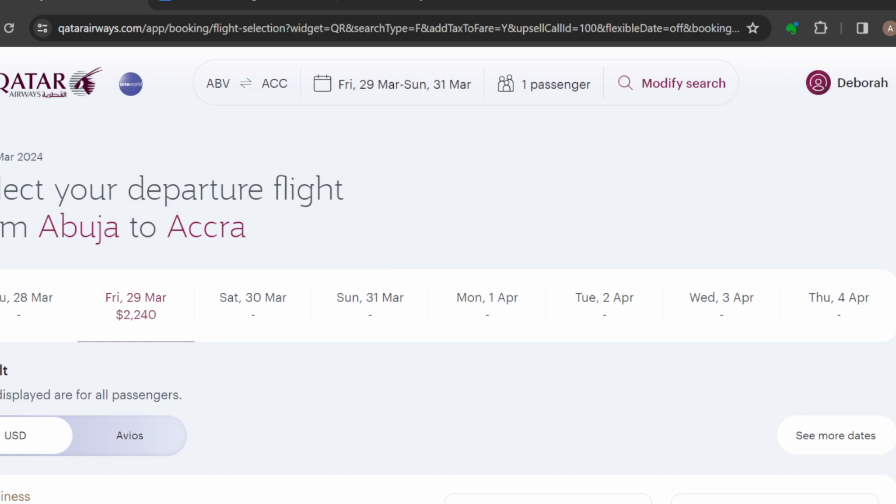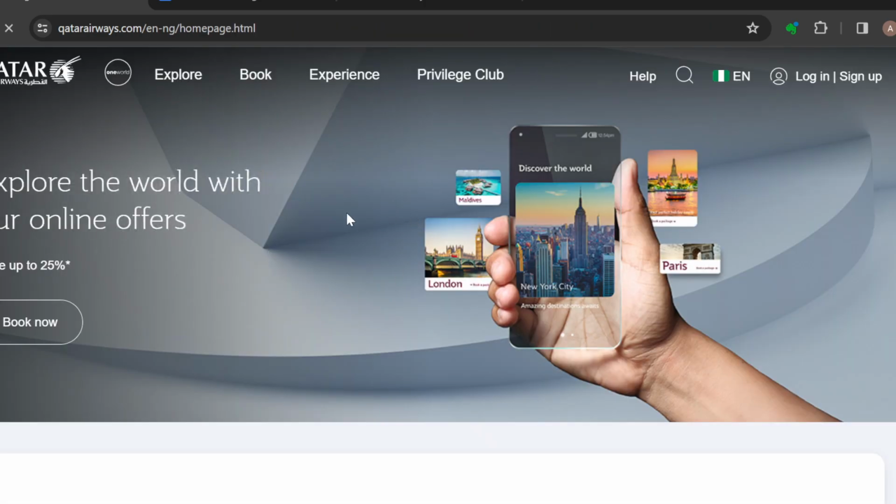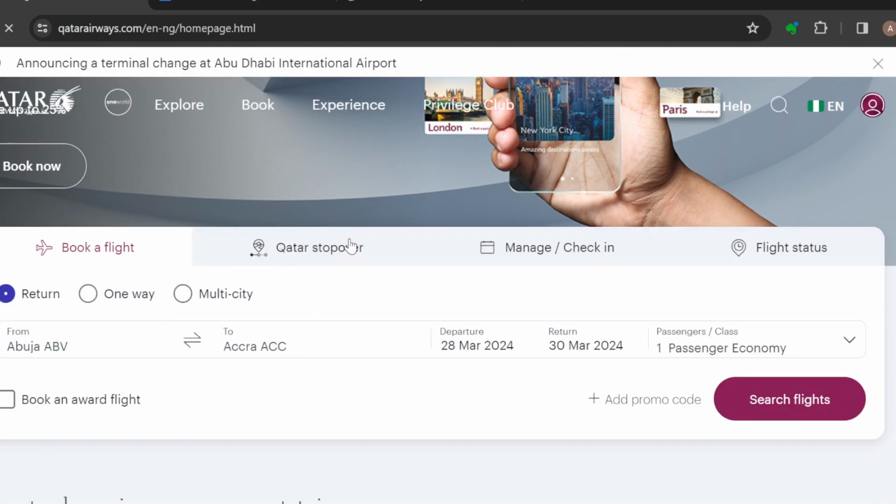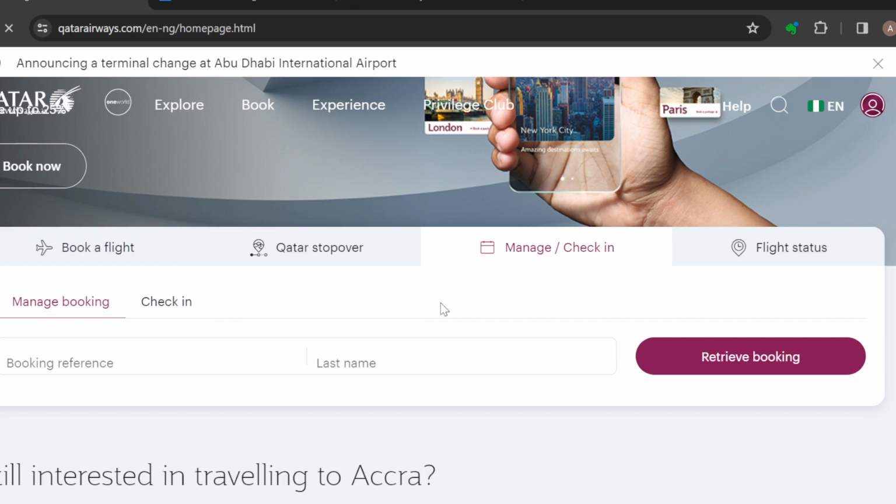So that is the first way, and then the second way is by clicking on manage a booking. Now to do that, you have to go back to Qatar Airways, and then once you're on the home page, by the time you scroll down, you can see some tabs including book a flight, Qatar stopover, manage or check in, and then you can input your booking reference and then your last name. And then once you've done that, you'll be directed to the page where you see all of your flights. Select the flight whose ticket number you want, follow the screen prompts, and from there you would get your ticket